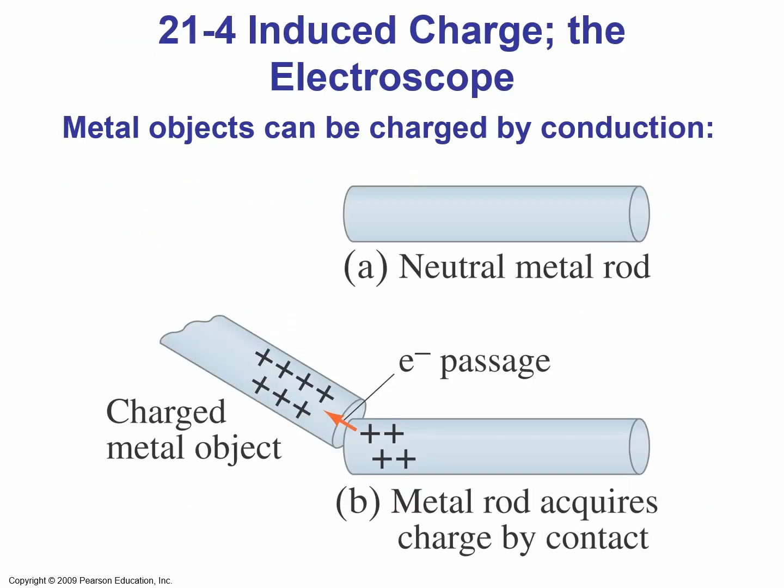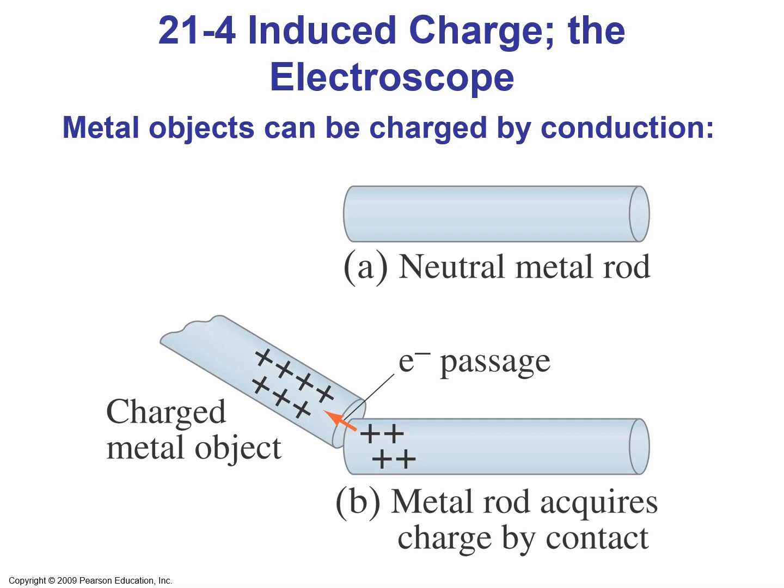Section 4: Induced charge, the electroscope. Metal objects can be charged by conduction. Here in part A, we have a neutral metal rod, and in part B, we bring close a charged metal object,